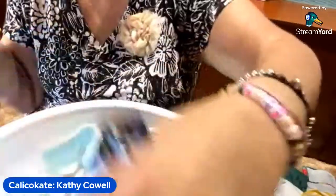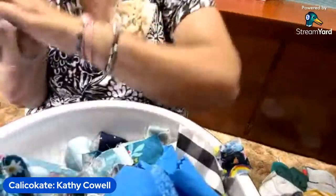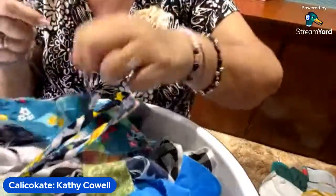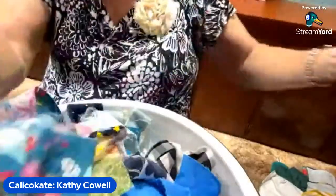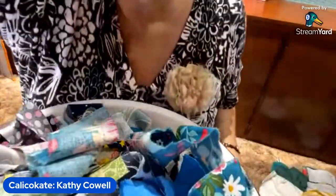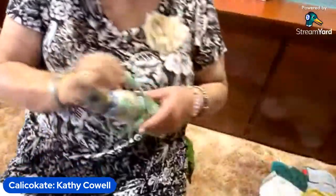I hate all these loose threads in the middle of this fabric because then it tangles it. So that's why I'm getting this all out. So there you be. Now, not knowing how long this was going to take, I thought if you would like,